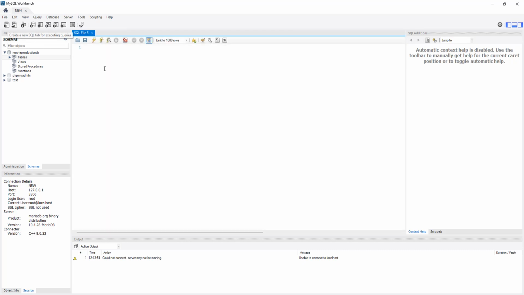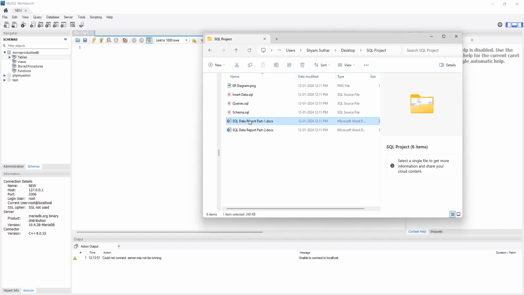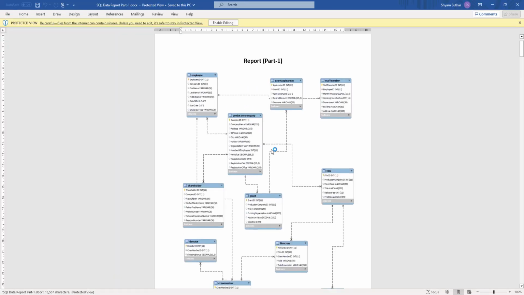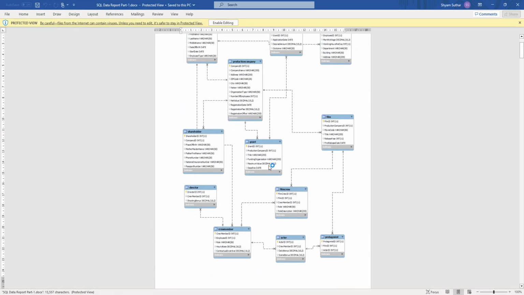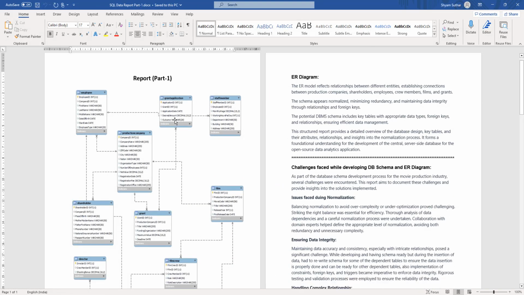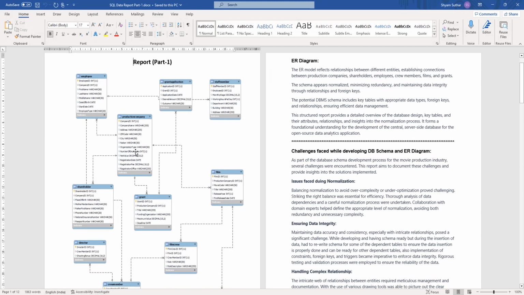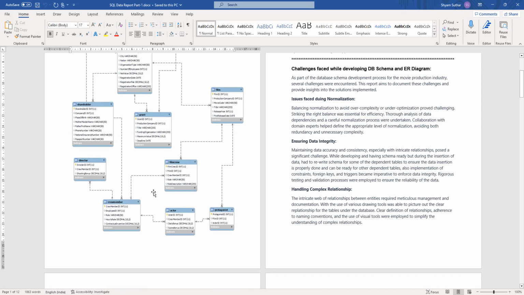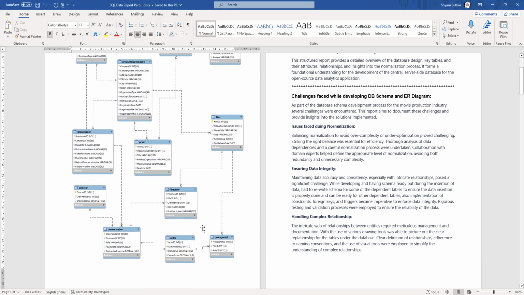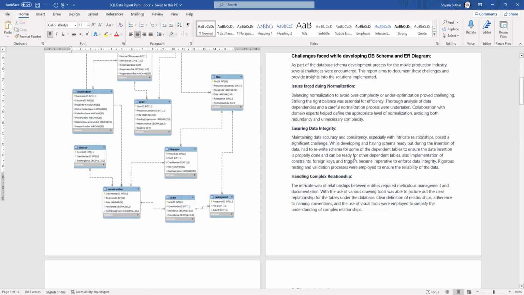you click on here. So this will create an empty SQL file, right? And then if you go into the project, this is the part one for the report. Okay, so this is the ER diagram. This has already been created from the doc that is provided, wherein there are employees, production company, shareholders, grants, films. So this is related to a production house. These are all the entities that are available onto the production company, right? So if you scroll down,